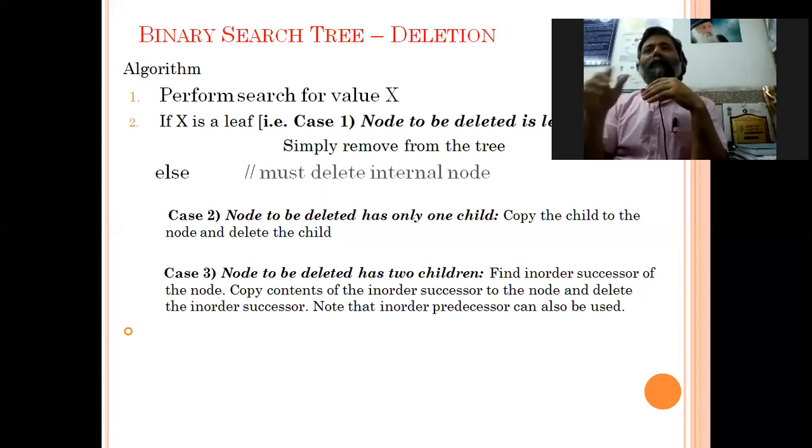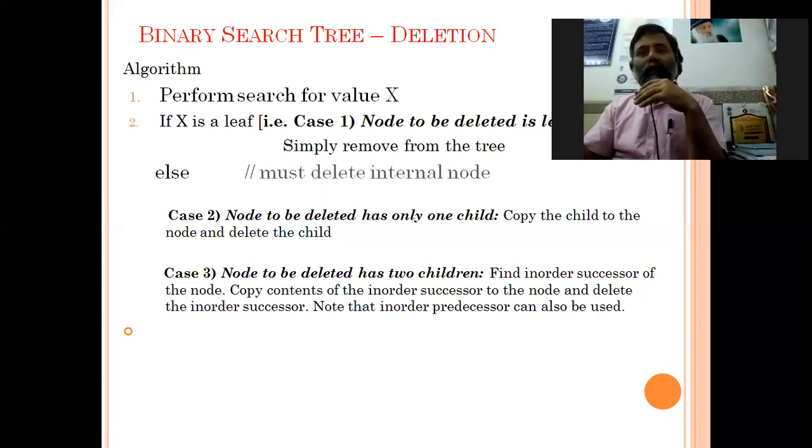So it is better, if you are applying more than one deletion operation, to find the in order traversal once; it will be used wherever required. So find the in order successor of the node, copy the contents of the in order successor to the node and delete the in order successor. Note that the in order predecessor can also be used.